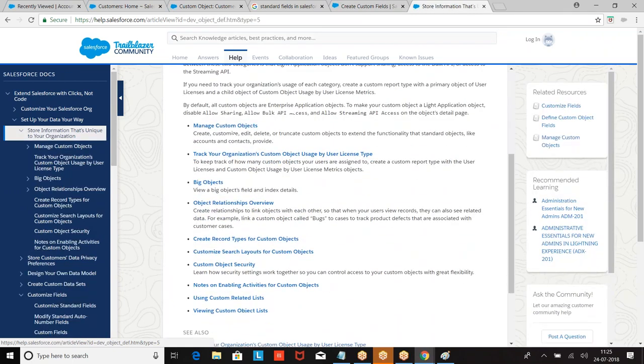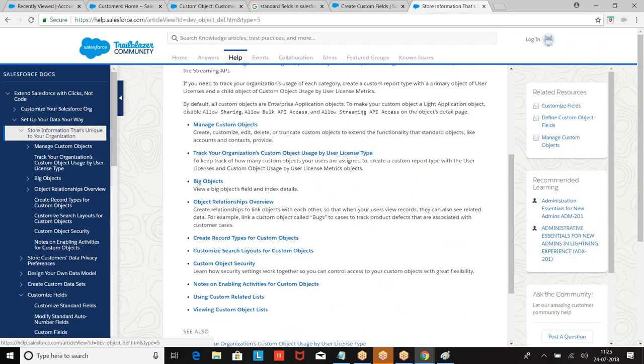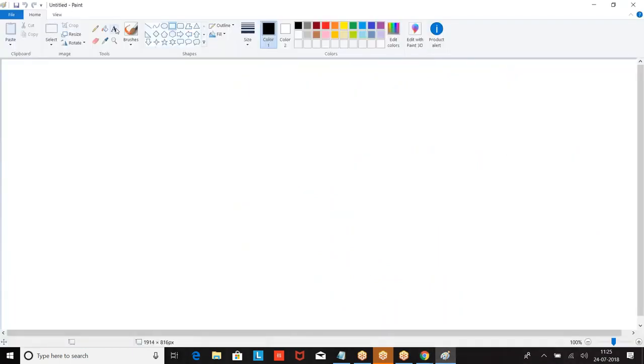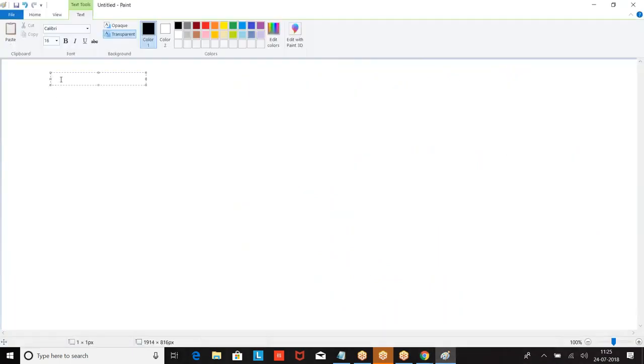When you say standard fields, some of the standard fields are also called system fields. Now listen carefully, understand it carefully. Basically what are they? Field type. Standard field and custom field.